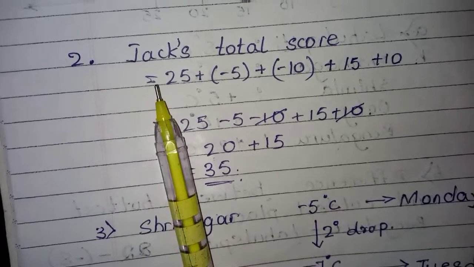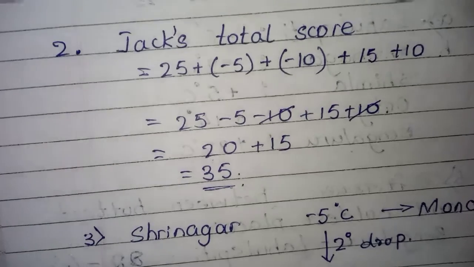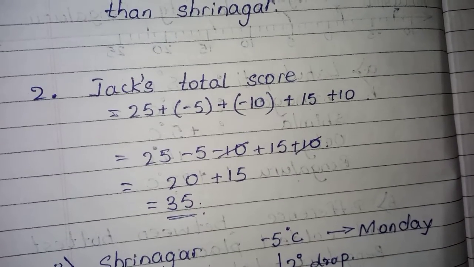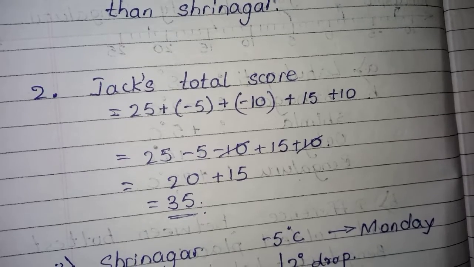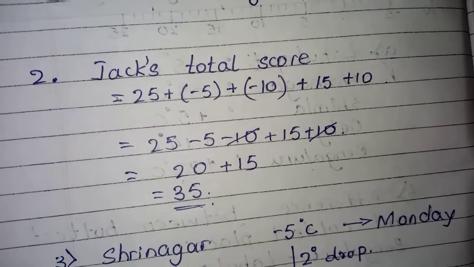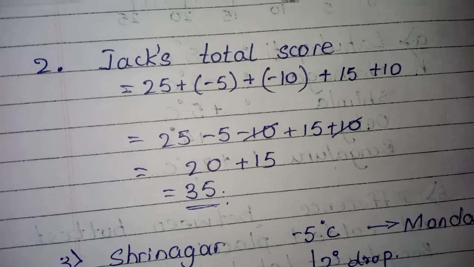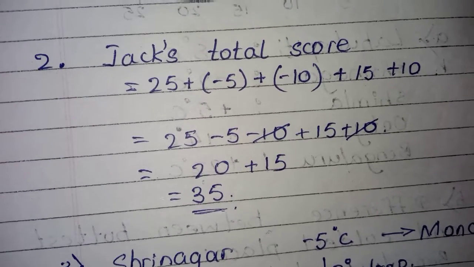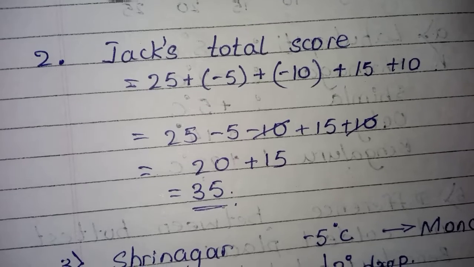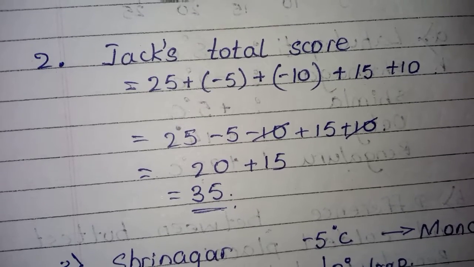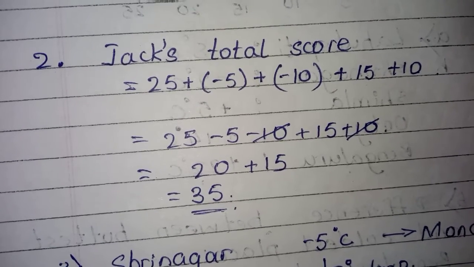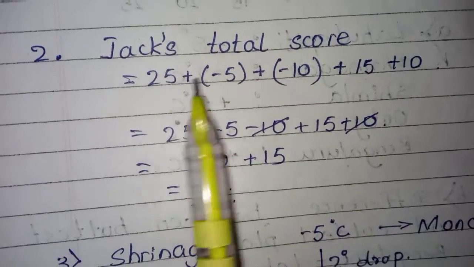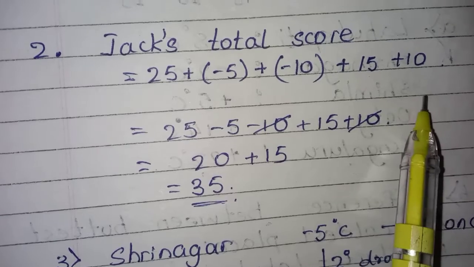The second question is about Jack. In a quiz, positive marks are given for correct answers and negative marks are given for incorrect answers. If Jack's scores in 5 successive rounds were 25, minus 5, minus 10, 15 and 10, what was his total at the end? Putting all of them together, this gives me